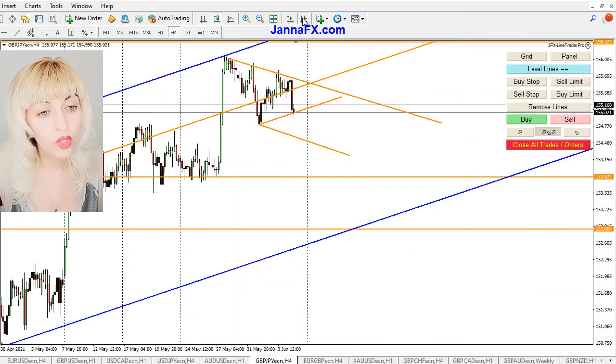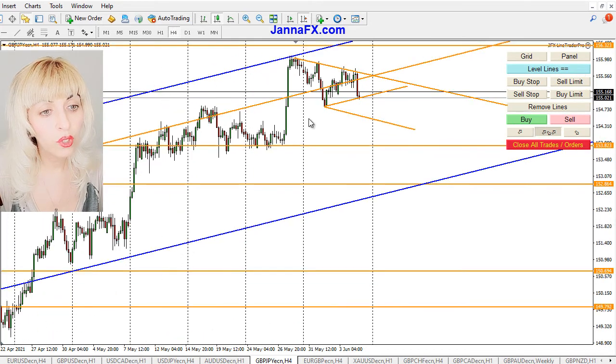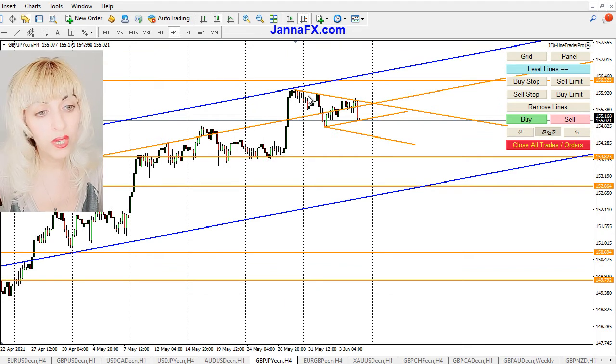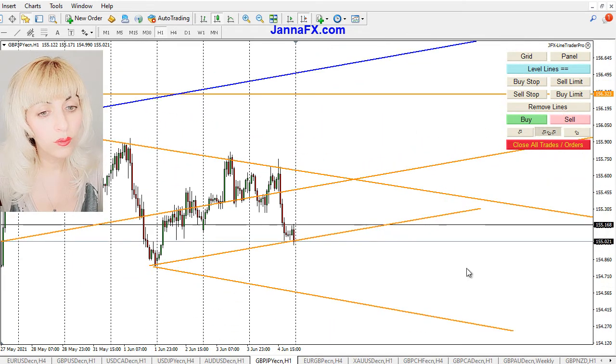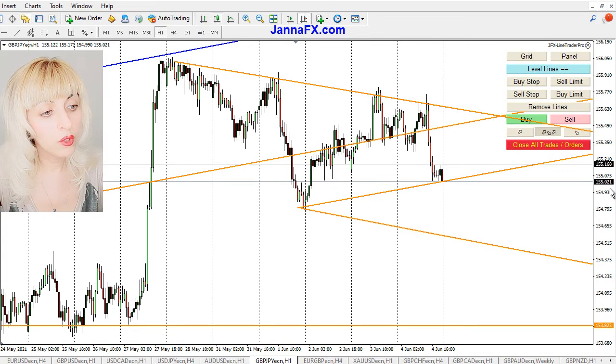So you see on the 4-hour chart, just like I was telling you last week, we stopped here, huge move, but I said to you, well, it does look like it should go down because of all of these things, but I didn't want to place the order. I was telling you I didn't want to place a sell order because I was a little bit concerned that